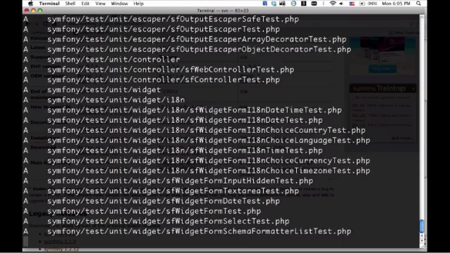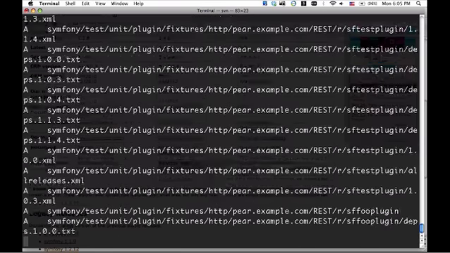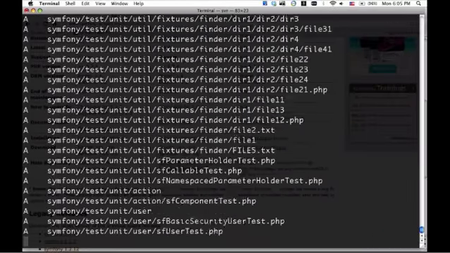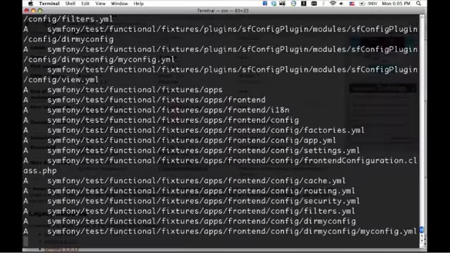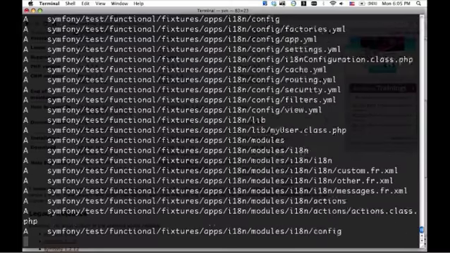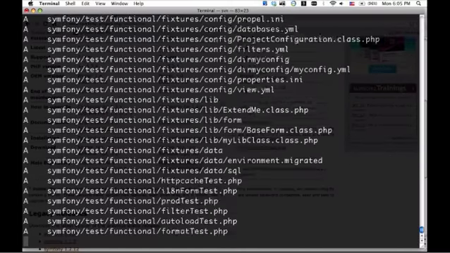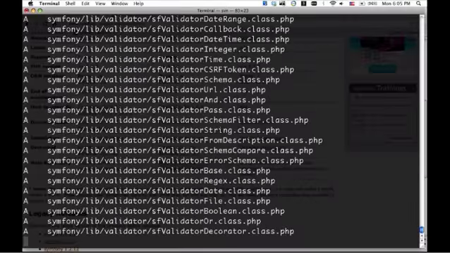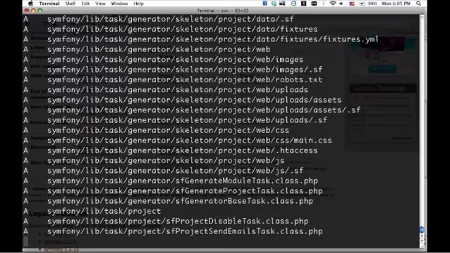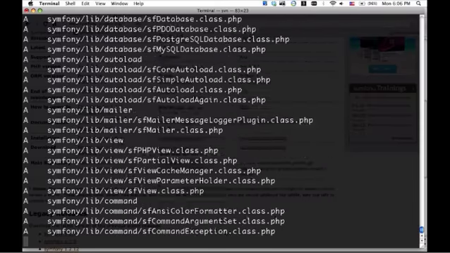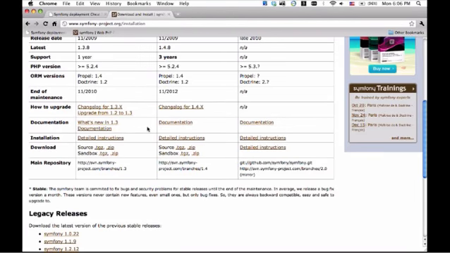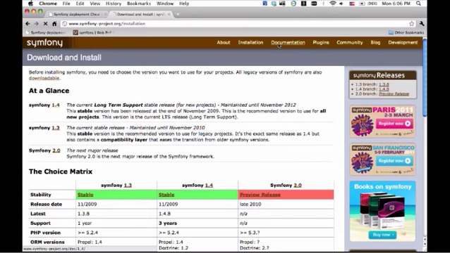Okay, and I went ahead and adjusted the font size on my terminal, so it will be easier for people to see what's going on, because I'm going to give a presentation on actually using Symfony fairly soon, actually Friday, so here in a couple days. So as you can see, there's a lot of Symfony classes being downloaded. While that's doing that, what I actually want to go back to is this website,